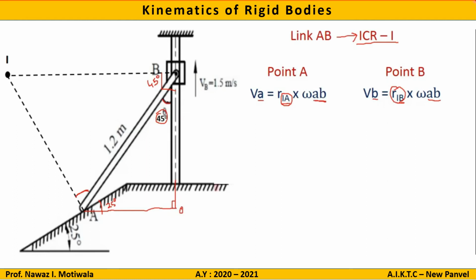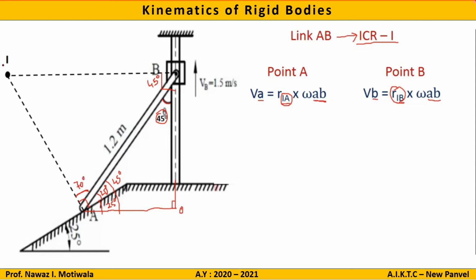this angle is 45. That means this total angle will become 45, the remaining angle of the triangle. Out of this 45, this angle we have already found out as 25. So what will be this angle? The remaining angle will be 20 degrees. Now we also know that we have drawn this line perpendicular to this. So this is 90. Out of this 90, this is 20 degrees. So this angle will be 90 minus 20, that is 70 degrees.